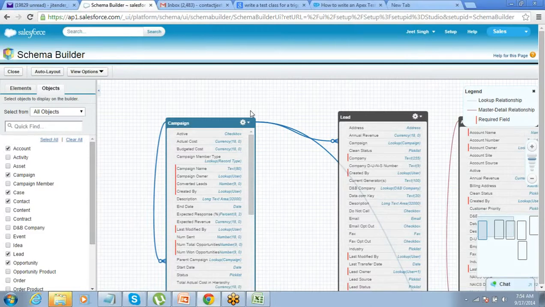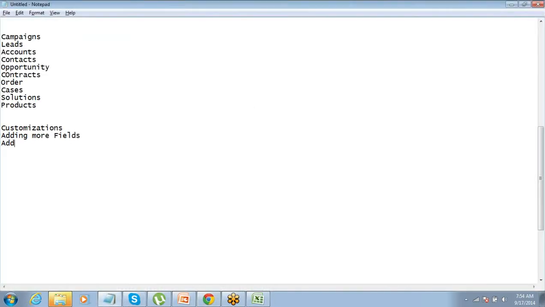If your business requires a new object which is not here, you can add more objects as well. Object means table, right? For example, your business says we want to track shipments, delivery shipment.